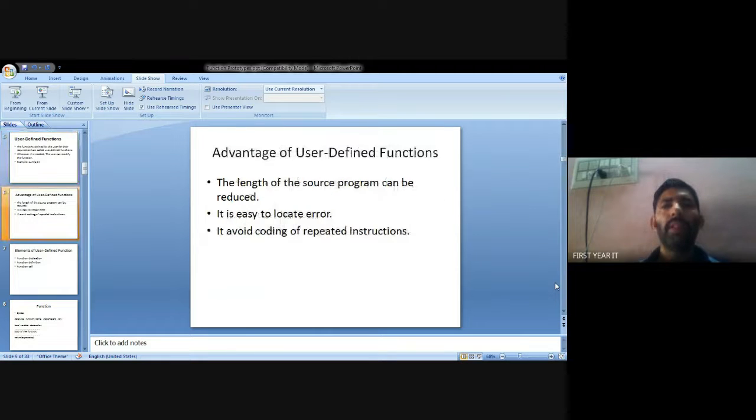What are the advantages of user-defined functions? First, the source program can be reduced.